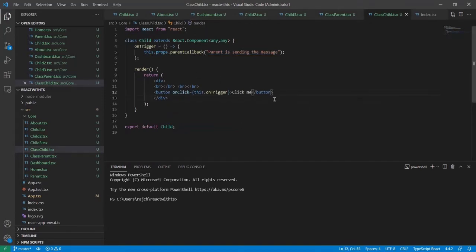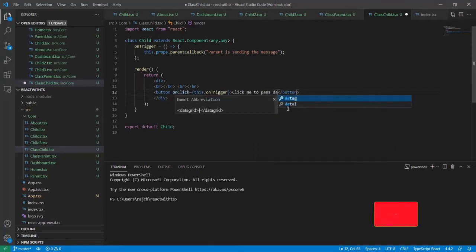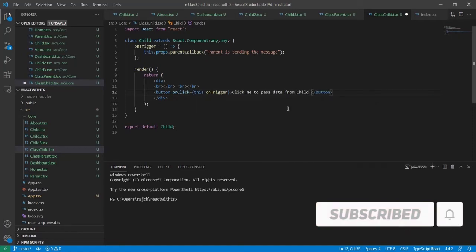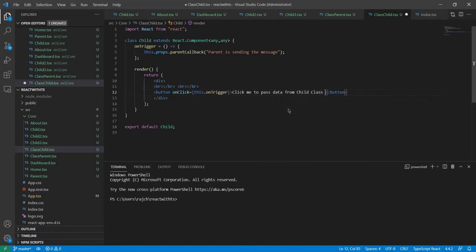Okay, so now I will go to the child component here, and here you can see I have created a button. So let me modify it. Child class message to its parent. Okay, so this is complete.